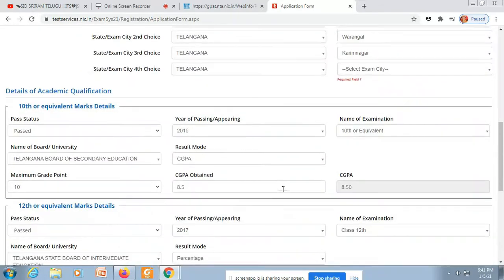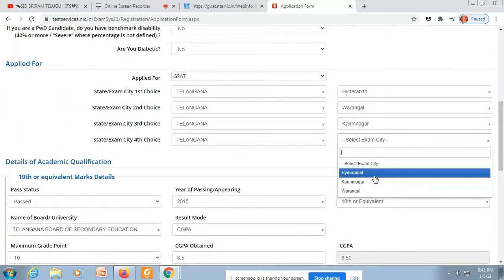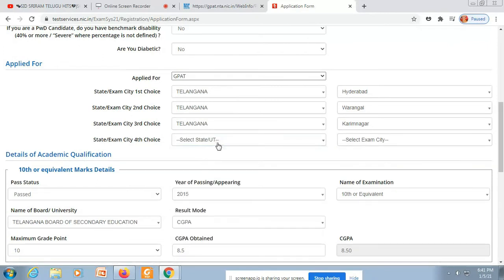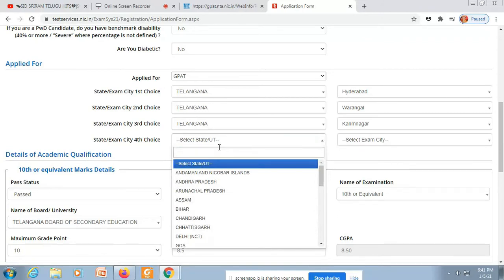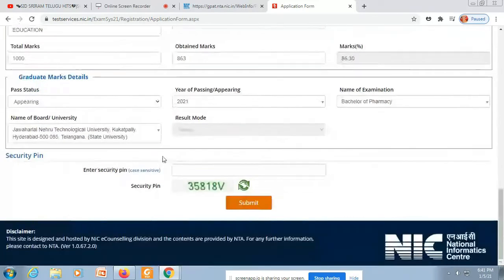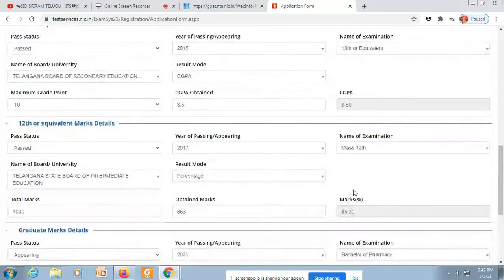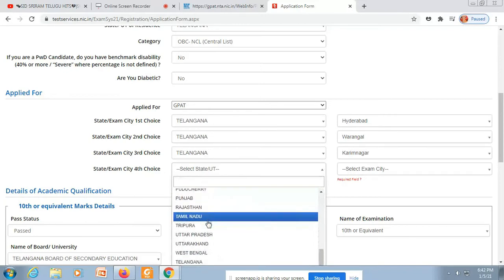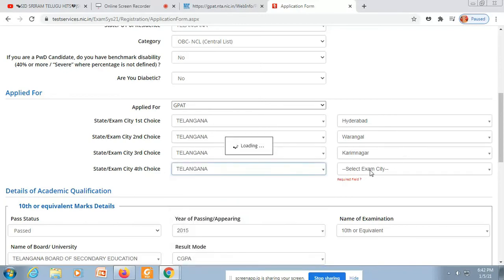Yes, I told you that I have made a mistake. I selected Hyderabad 2 times, so make sure you select different locations. Now if you don't see any new name, please go back to reset and select the state first again. Now it will show me the error again, so I'll go back and edit it. Now I can change it to be a little stricter.